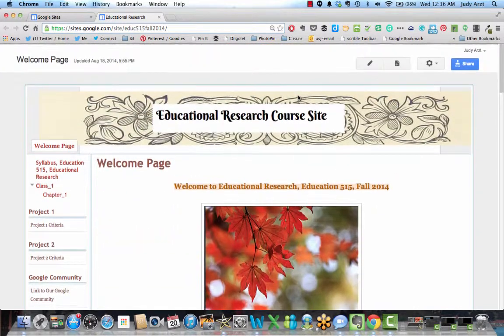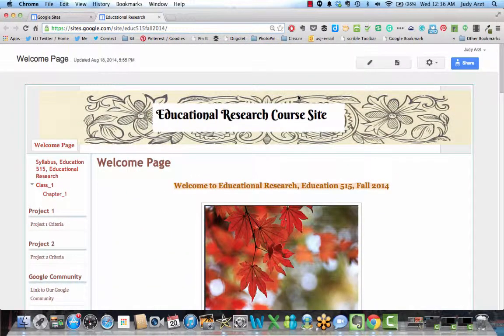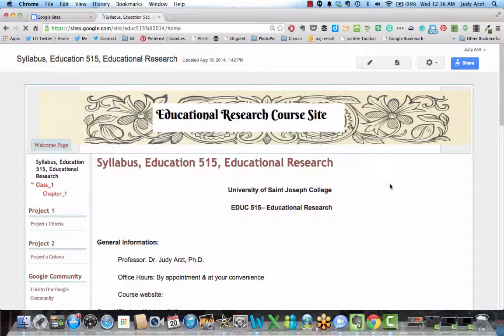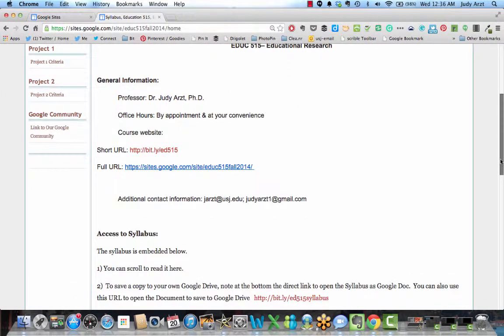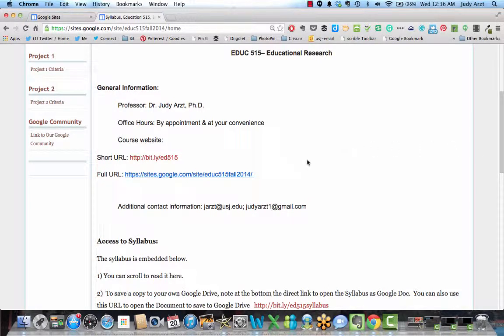down here. When you come to the course website to access the syllabus, there's a link here in the left-hand column. I'm going to click on that now. And as you scroll through, you can use this scroll bar right here. There's a reminder here of what the course link is to access the website. This is a shorter version of it. If you'd like to write that down, it's